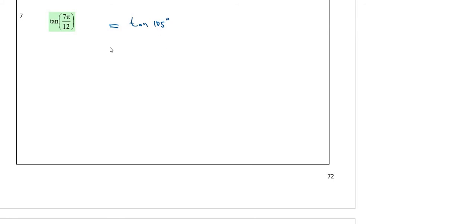And that I know is 60 plus 45, so I can just go tan of 60 plus 45. I do not need to go back to radians if I don't want to. Right, and now I must apply the tan formula for that. It's 45 there. So it's the tan 60 plus tan 45